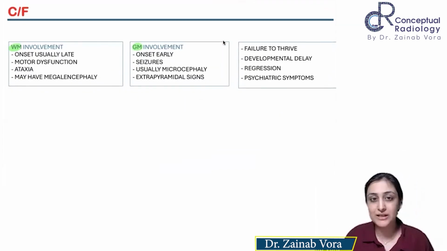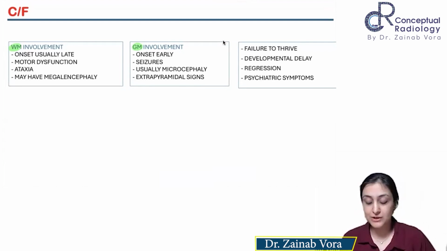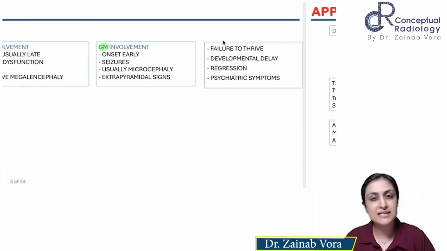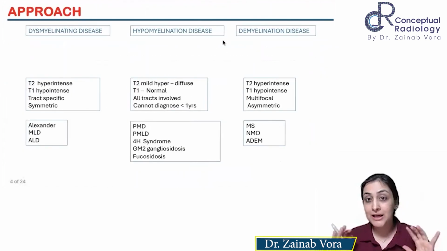So this is the usual imaging spectrum. Most of the times in your MR requisitions, they'll talk about global developmental delay and motor abnormalities, and that's the non-specific history that we get. Now, a